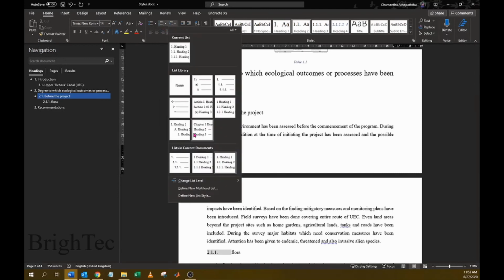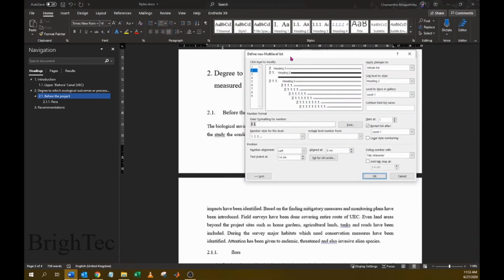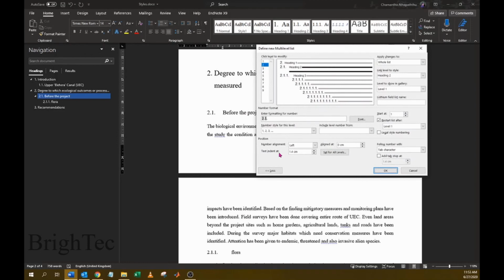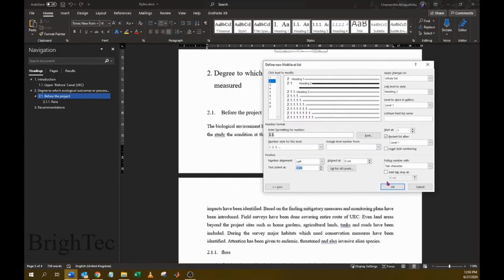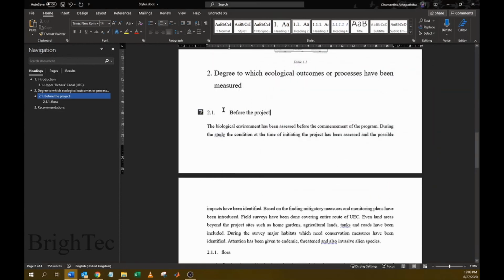For that, you have to again go into defining the numbering system, and you can change the distance from the margin from this box, the text indent at. For example, I will increase the text indent for level 2, and I will click on OK, and you can see now the text has moved further to the right.